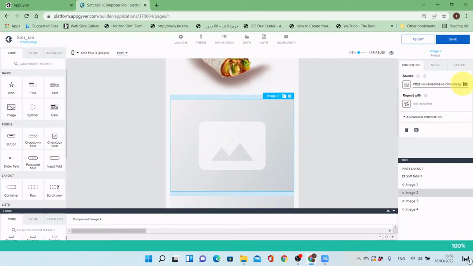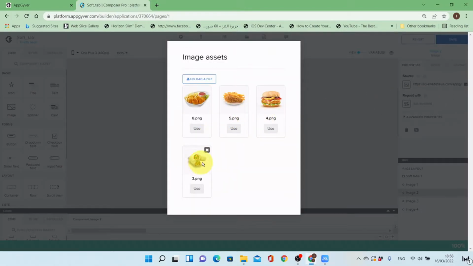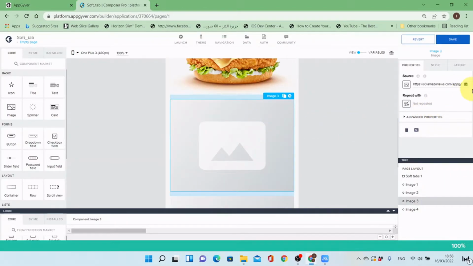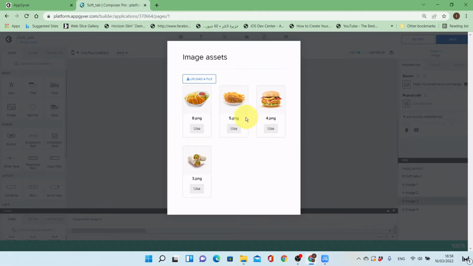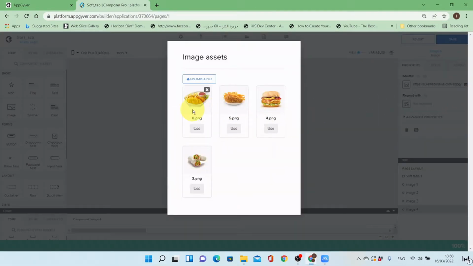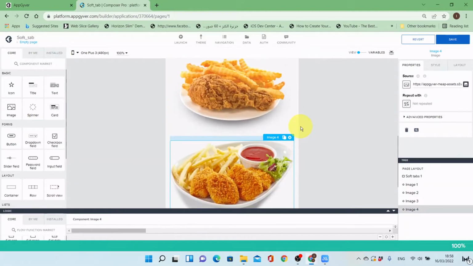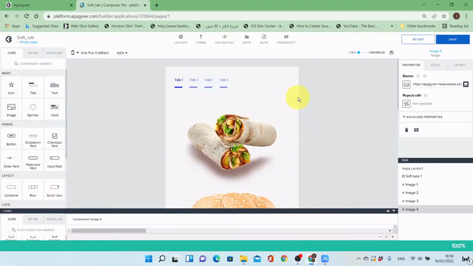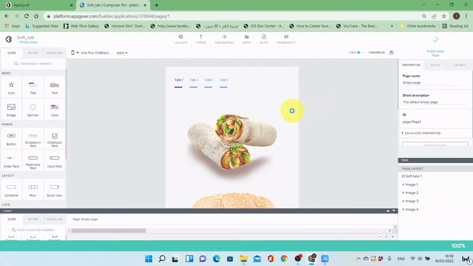I will add the image now. Okay, I will save it